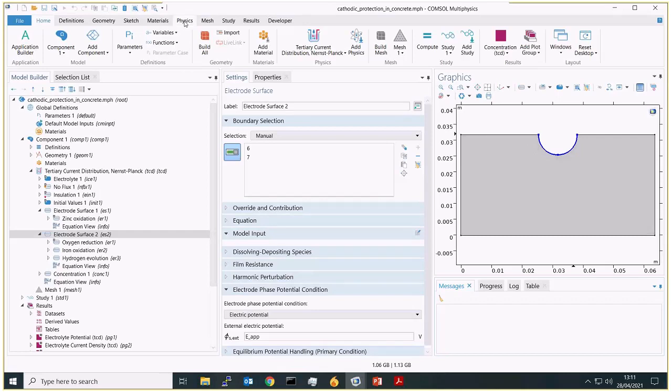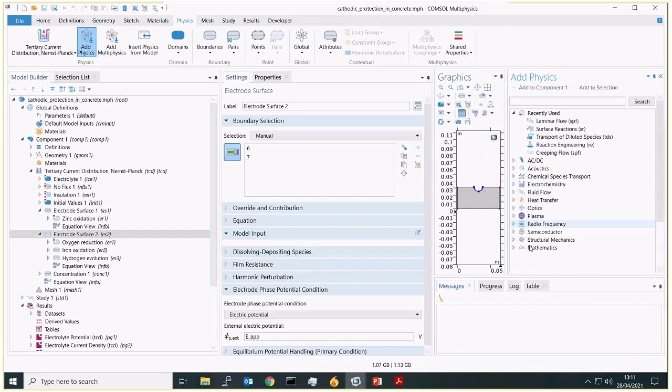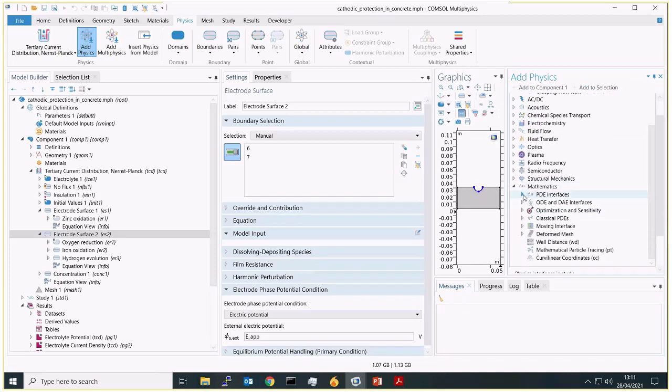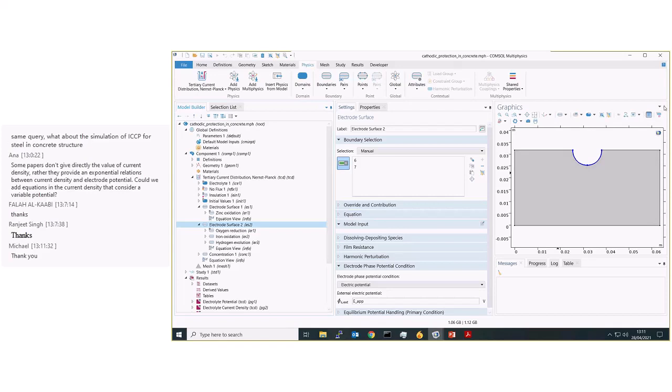It's fully flexible. If you have a mathematical equation which you want to add in to represent your behavior, you can add in your own PDEs and ODEs to couple with your corrosion problem as well. For MIC, I think it's very unlikely that you could find anything like this. It should be mainly based on real field data, different types of bacteria.